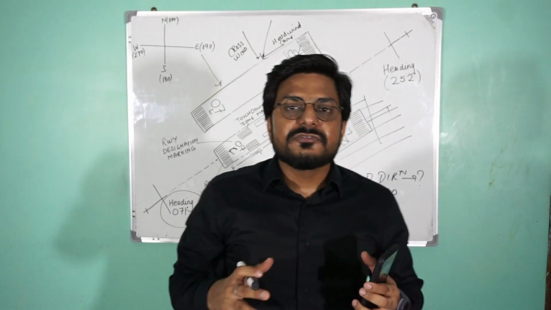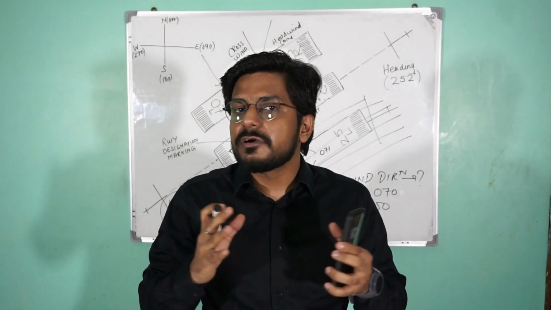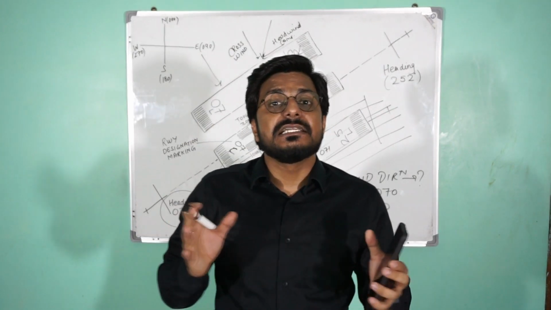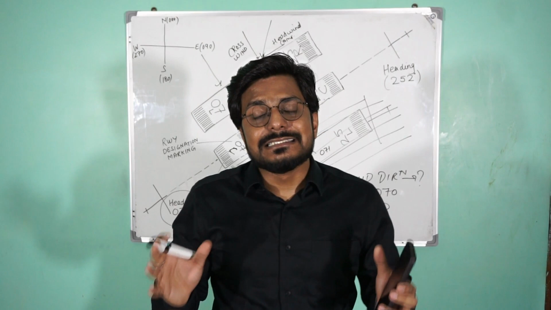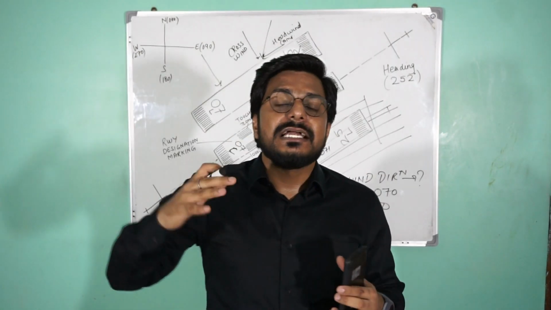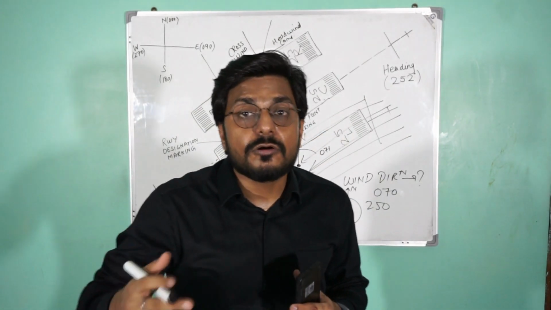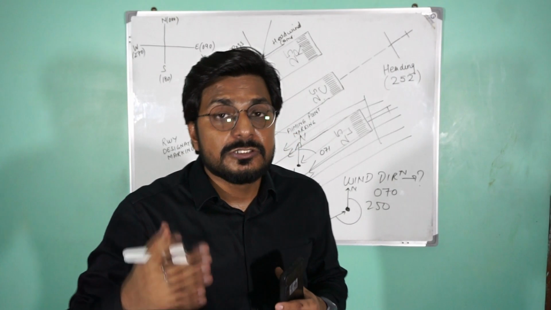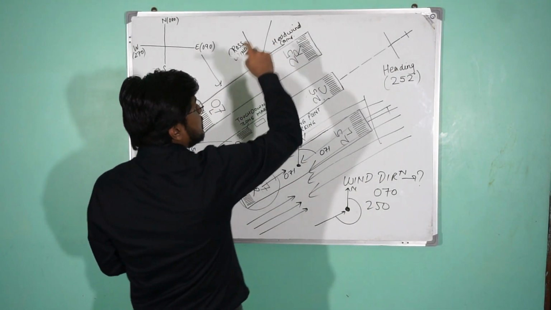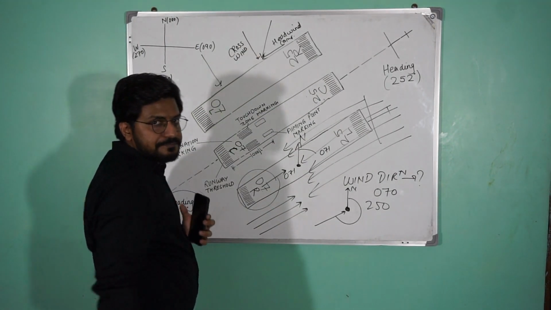It doesn't mean that whenever you have a crosswind component, your aircraft cannot depart. There is a limit for each and every aircraft; 20 knots is the limit or 30 knots is the limit. That depends upon the aircraft. If the crosswind is strong, in that case you cannot depart from this runway and also not from this runway, because in both cases the crosswind is there.